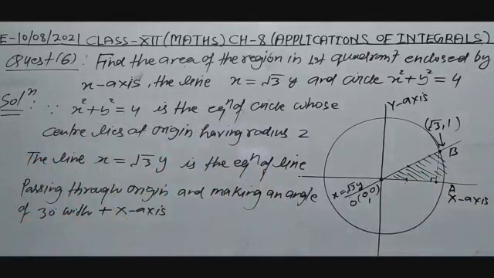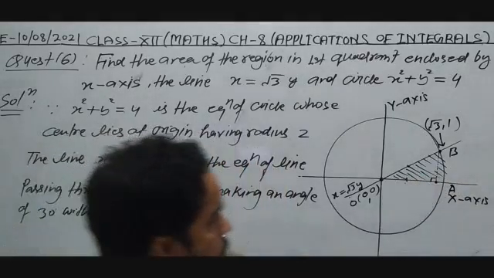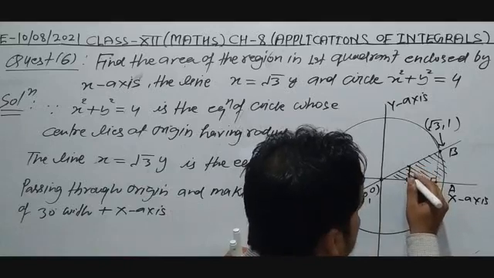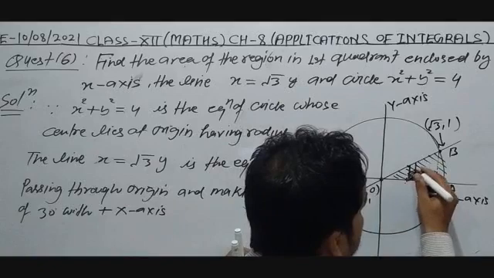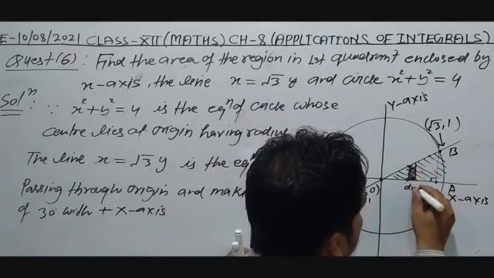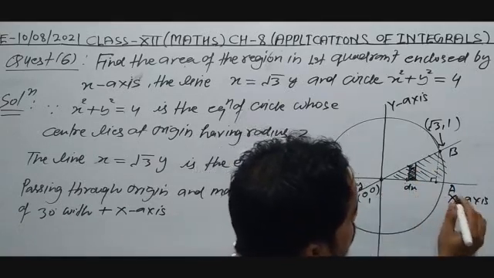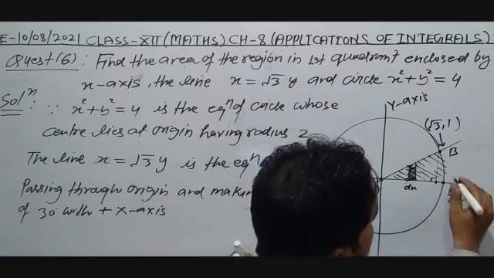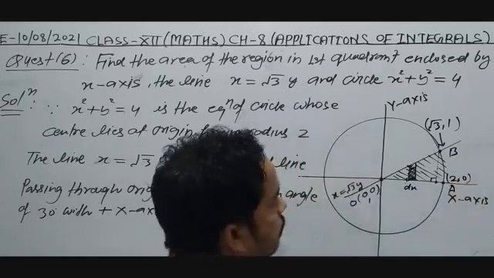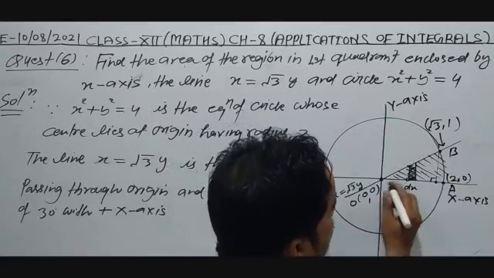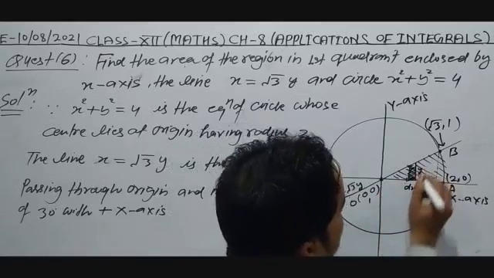To calculate this area, first of all I will draw a strip that is varying from x is equal to 0 to x is equal to 2, because this is the center or radius of circle. So 2 comma 0 will be the coordinates, and this is 0 0, and the length of strip consider y.